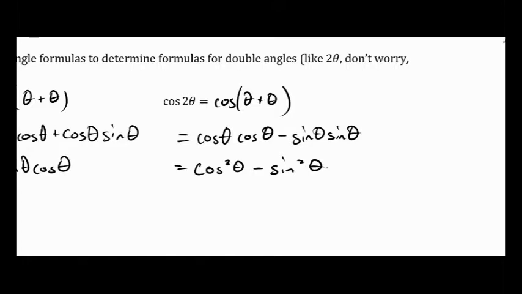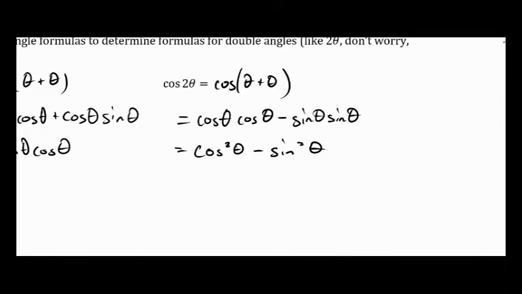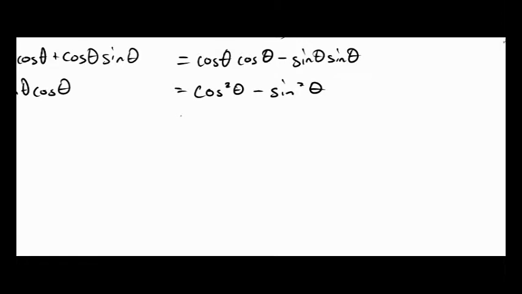So how could I use the Pythagorean identity to rearrange this but preserve the left side and the right side? What could I replace cos squared with? Close. 1 minus, good. So 1 minus sine squared theta minus sine squared theta, which gives me 1 minus 2